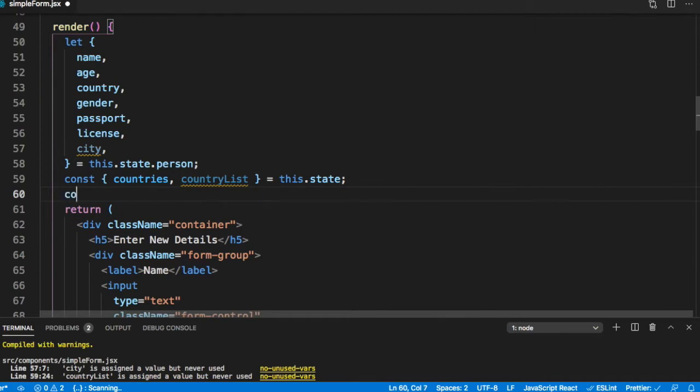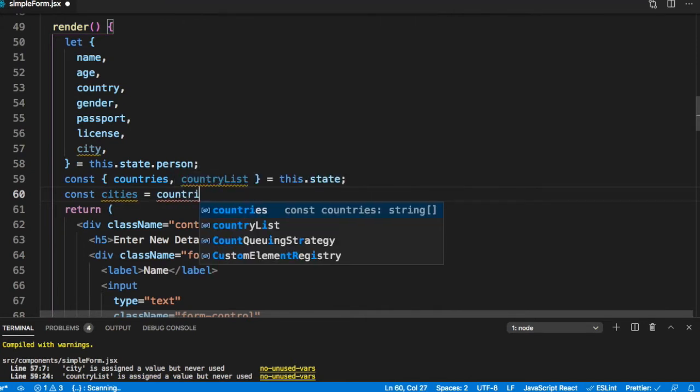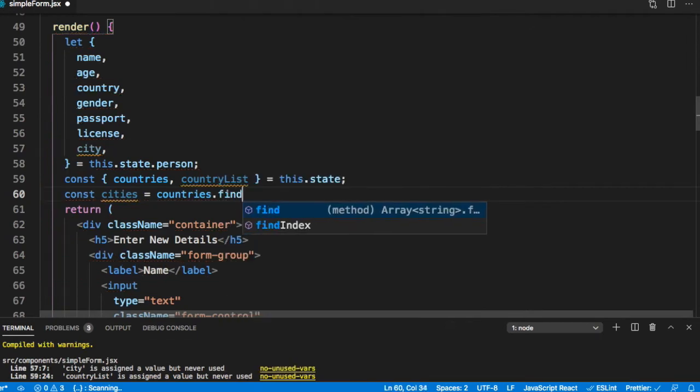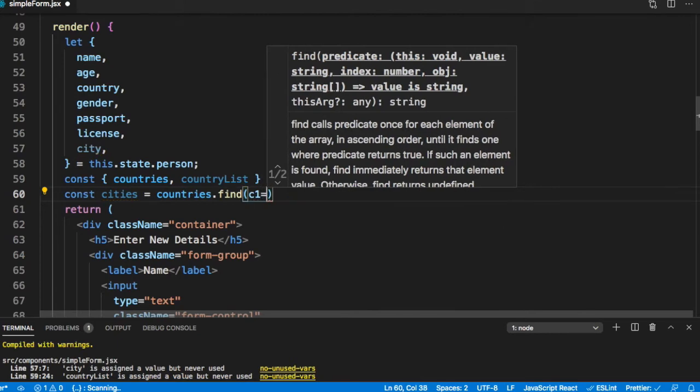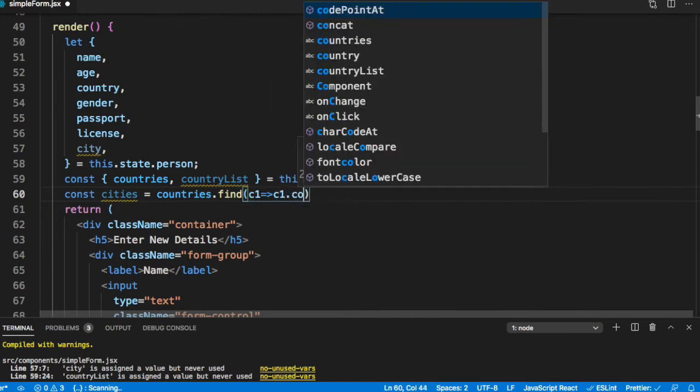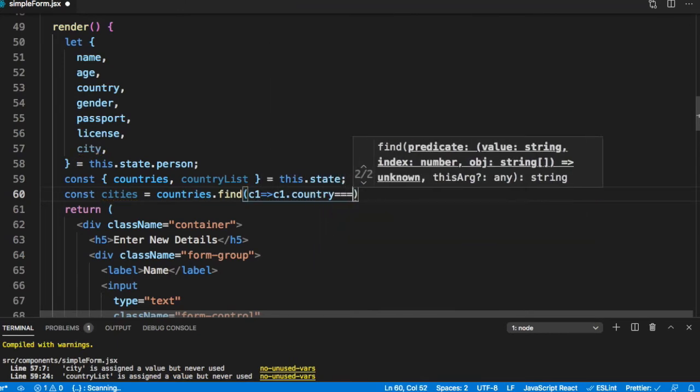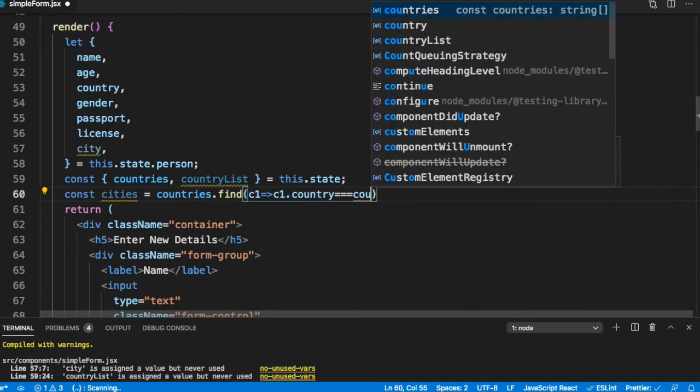And we can say const cities is equal to countries.find. What do we want to find? We want to find country such that c1.country is equal to country.